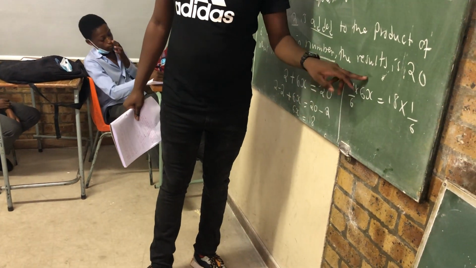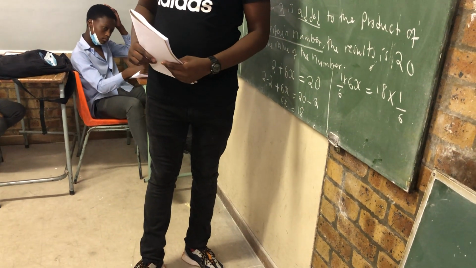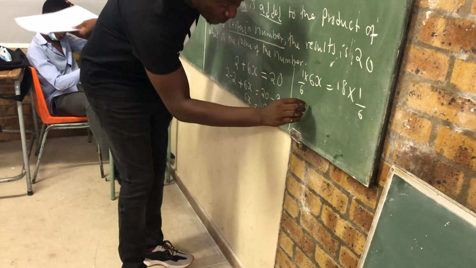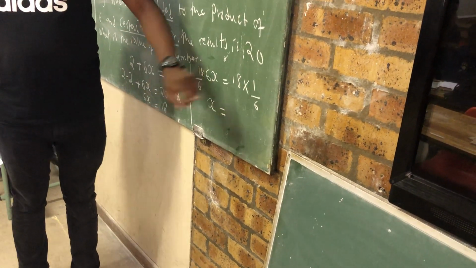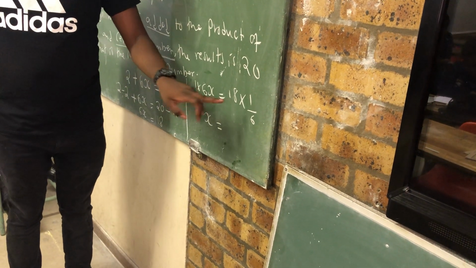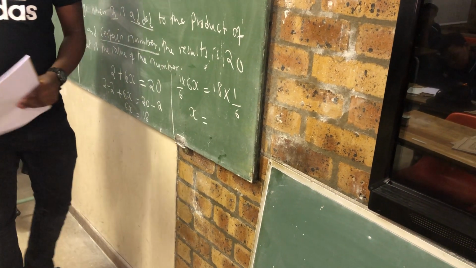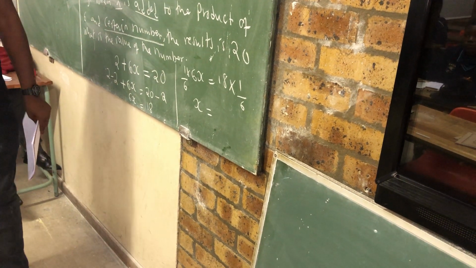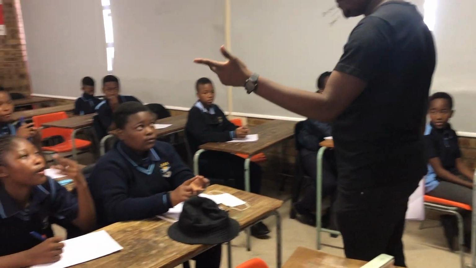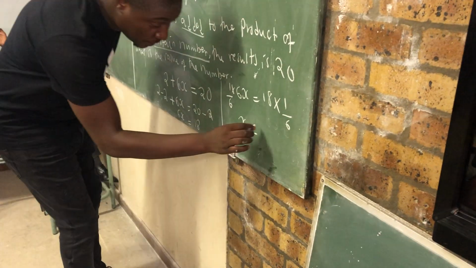And 6 divided by 6 is 1. Right? And we're left with x. 18 multiplied by 1, 18 divided by 6. Okay, let's count. It's 6, 12, 18. Yes, 6 goes into 18